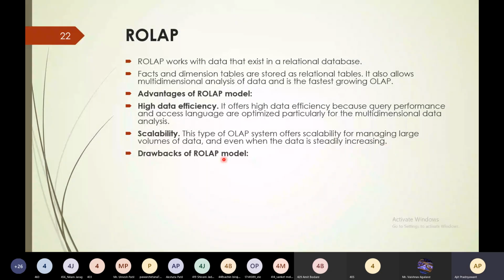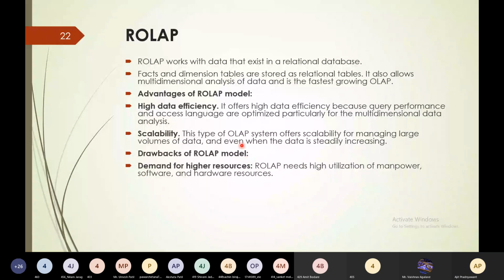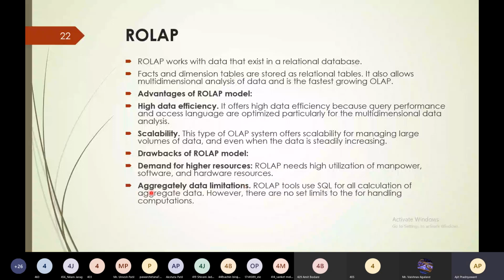Some of the drawbacks of the ROLAP model are: it demands high resources. ROLAP needs high utilization of manpower, software and hardware resources. Next is aggregate data limitations.